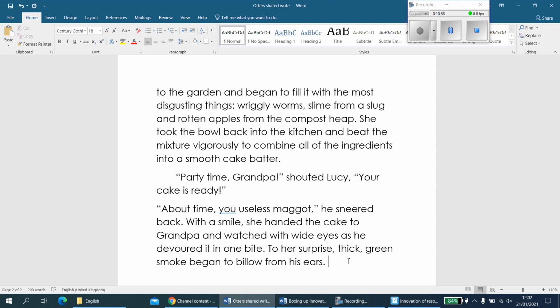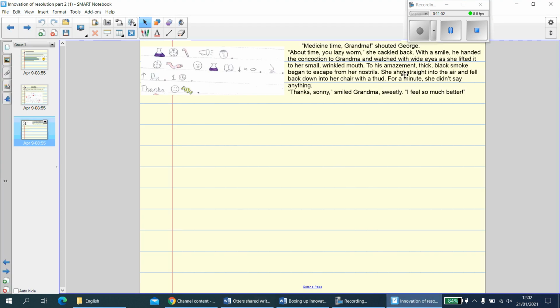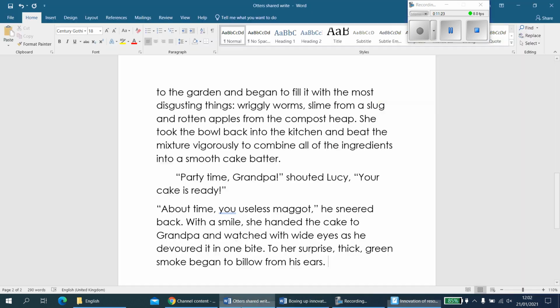Right then, now we've got to think about what happens. So to Grandma, she shot straight into the air and fell back down into her chair with a thud. What's going to happen to your character when they consume your item? So when my grandpa eats his cake, what might happen? I'm still going to have him not quite shooting straight into the air, actually. I'm going to have,